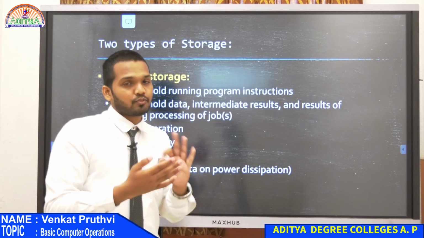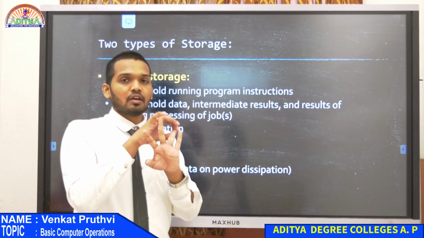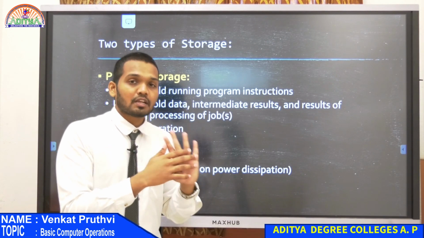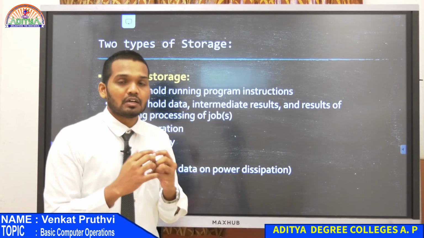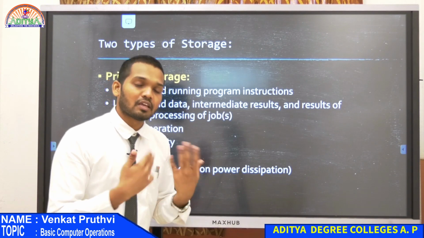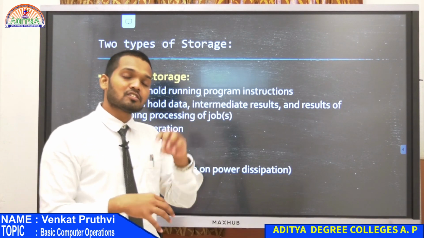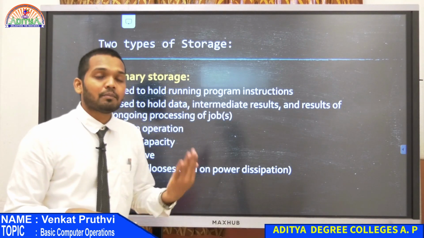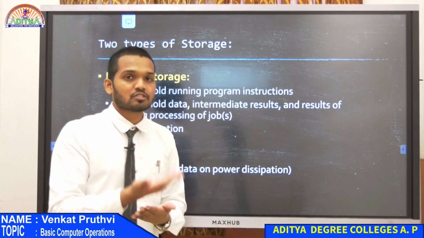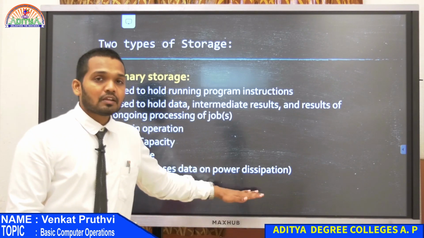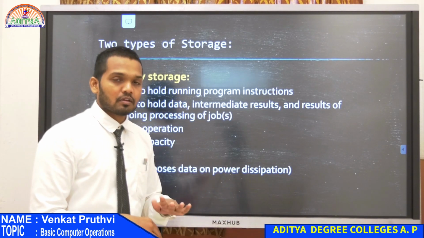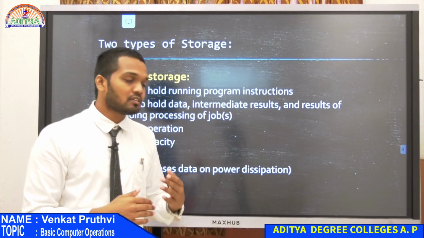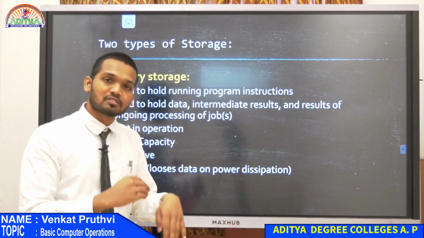Only if it is volatile, what will happen? If I am using those 4 applications, browser, music player, PDF file, Word file, and when I am shutting down, the 200 MB that it was using previously gets deleted. Whatever data is inside the RAM or whatever instructions it was performing, all of them are closed down. Once the system is shut down and turned on again, whatever data was present inside the RAM gets cleared off. Now when you start your system again, it will start afresh.